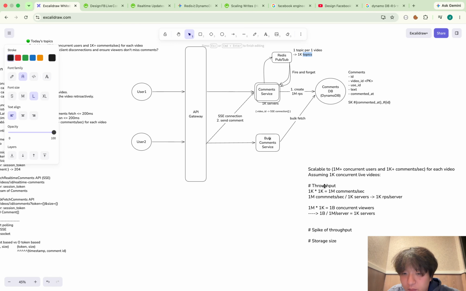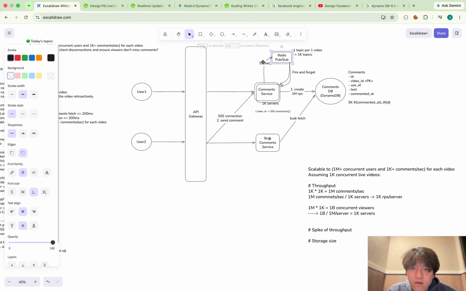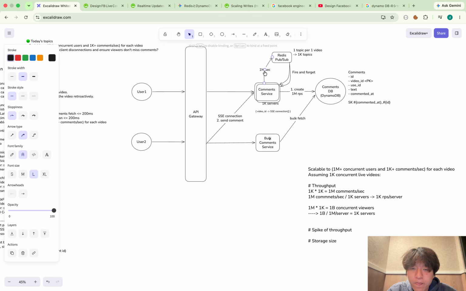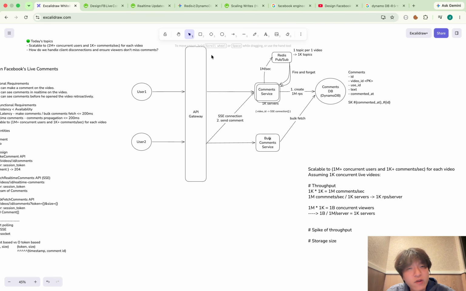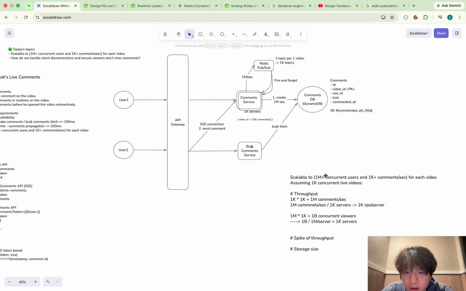But because we have 1 million comments per sec, this part becomes 1 million comments per sec. So this is quite heavy. Typically, Redis can handle up to 100K requests per sec. So this is too heavy, and I have to think of a way.